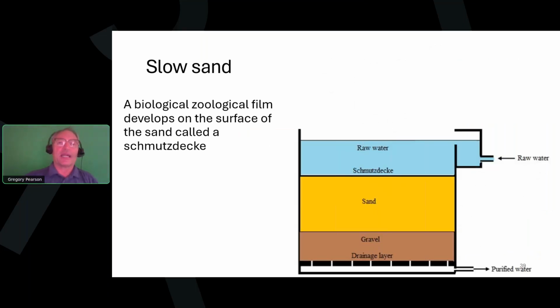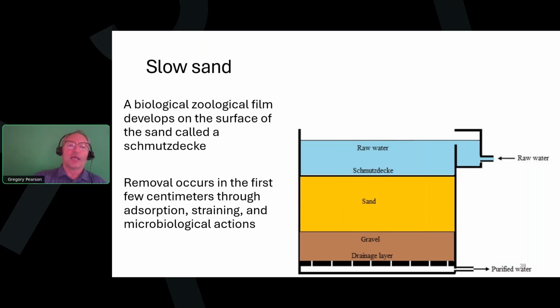And the last thing we'll look at is a zoological film on a slow sand filter. As you feed raw water into this sand filter, it's a sized sand. Over time, you'll collect a layer of microorganisms that actually does the filtering. It might take a week, maybe even 2 weeks to develop this smooth deck, but then you can begin filtering. The filtering just occurs on the top layer, and when it gets clogged up, you have to actually remove that